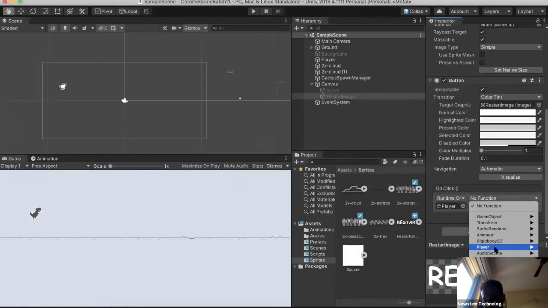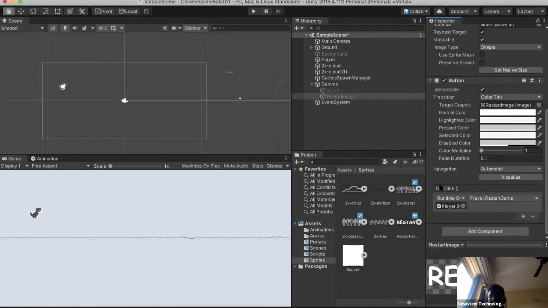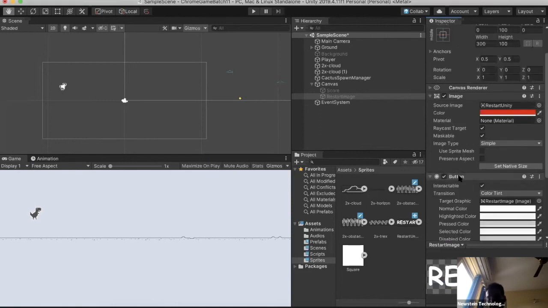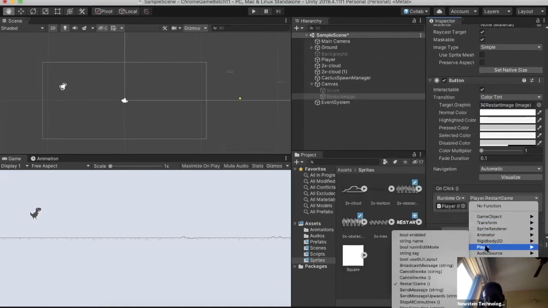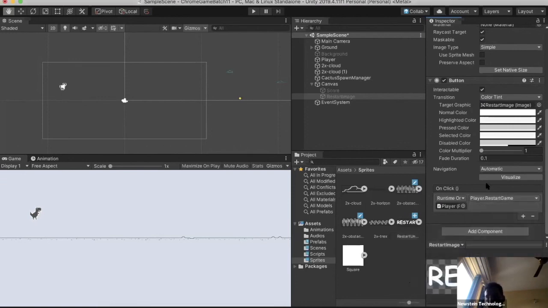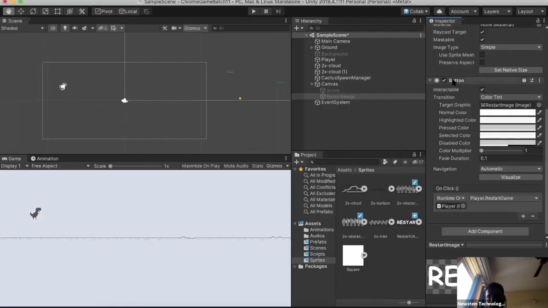So if I go to player now, I can see this function restart game. What I have done is add a button component to this restart image. The list was empty, so I hit this plus button and dragged and dropped the player object. This player object shows lots of functionality, and on it there's a script, the player script, and I made the restart game function public, so it is also visible here. So I have bound this restart game function